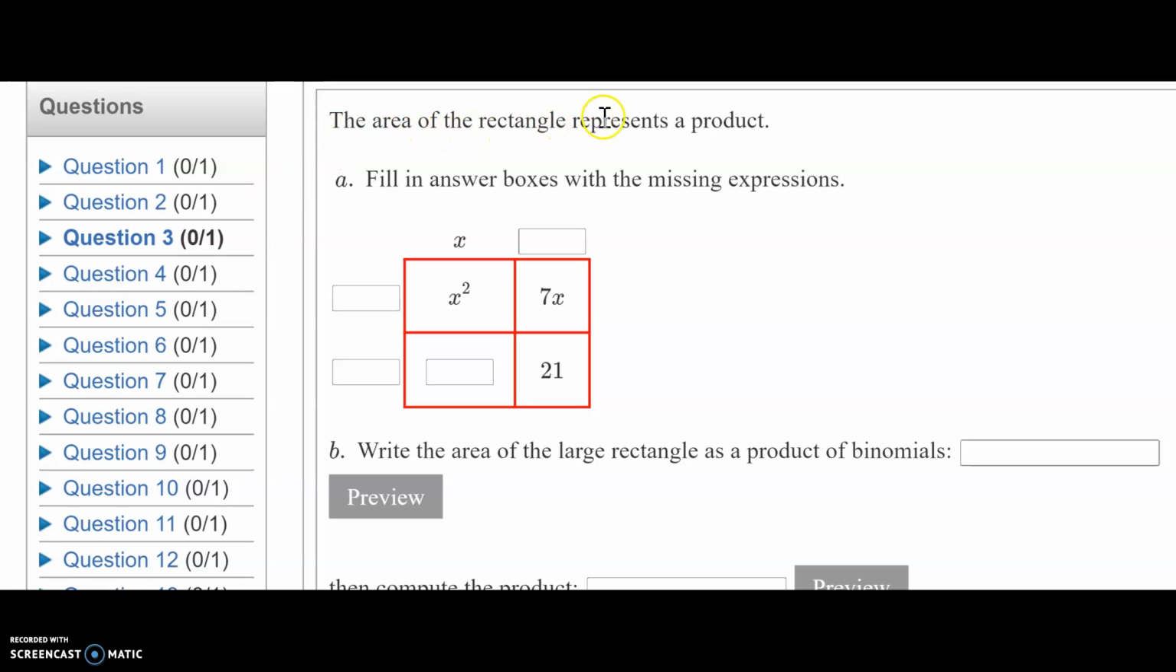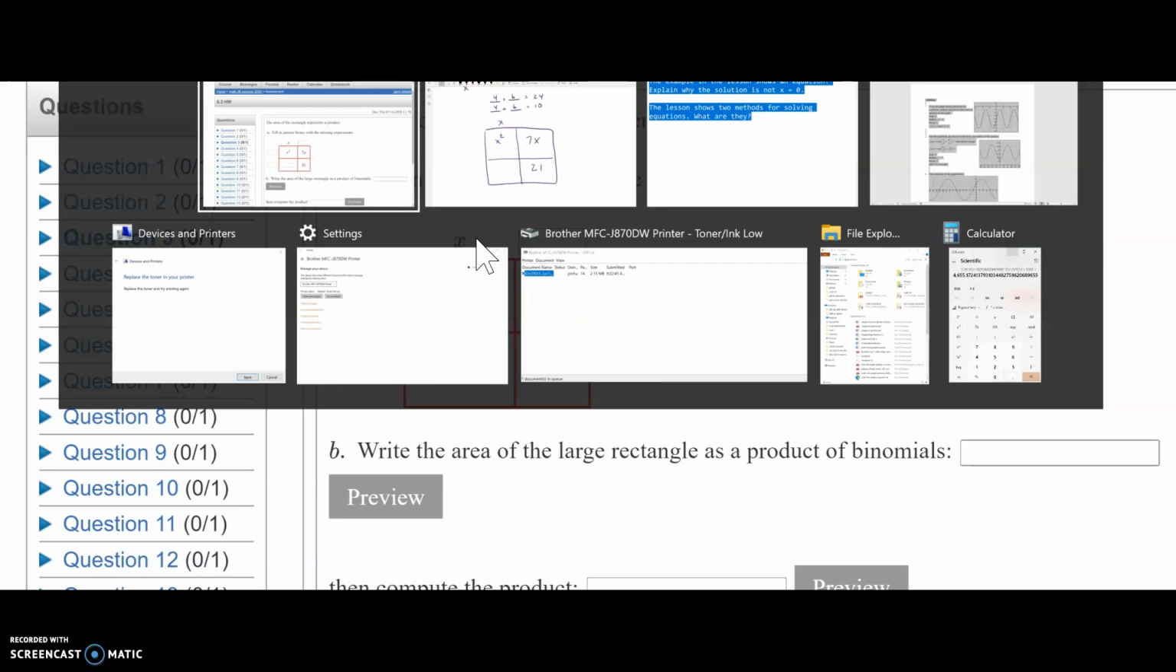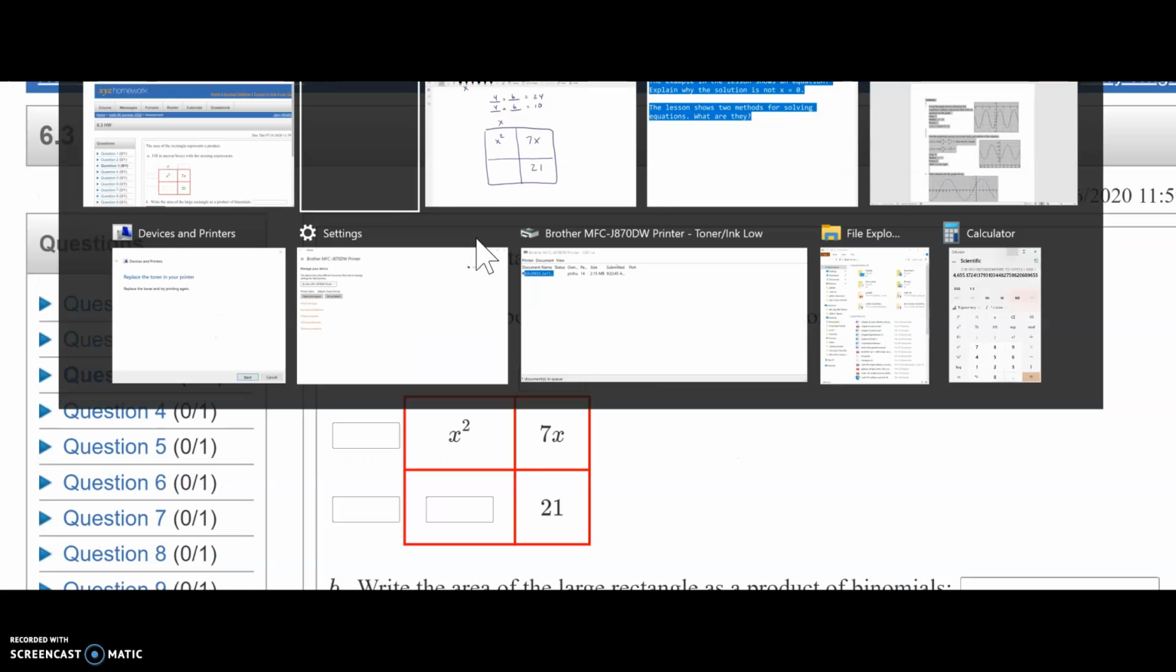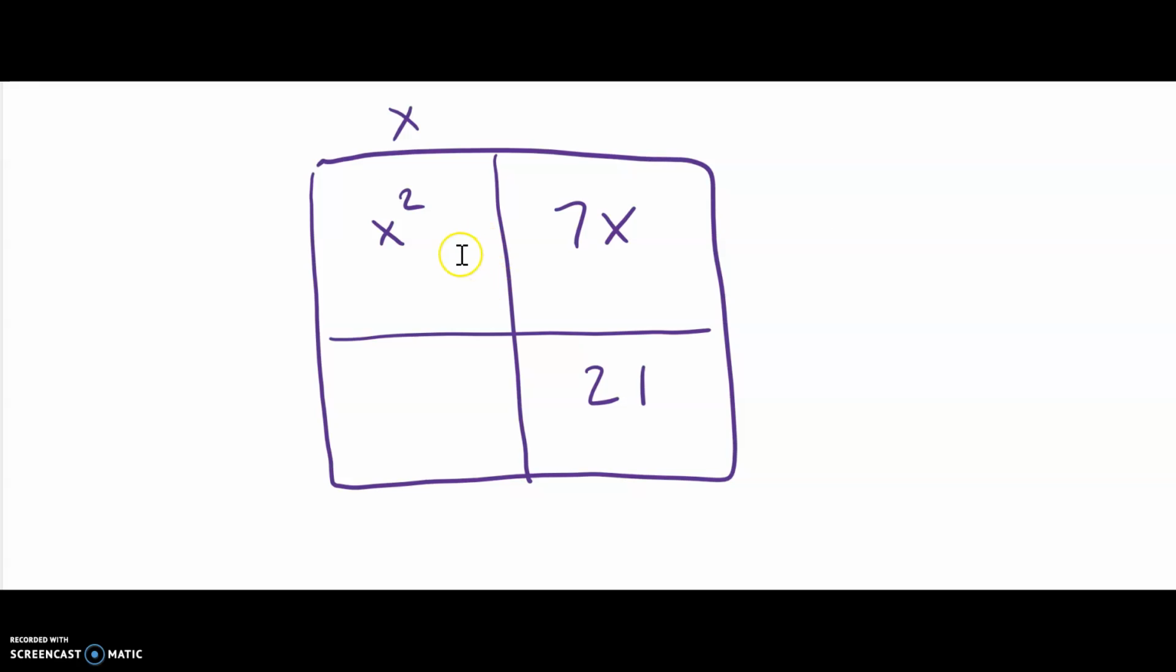The area of the rectangle represents a product. So part A: fill in the answer boxes with the missing expressions. Let me explain this box. I drew it on another page. Here we go. The idea here is that